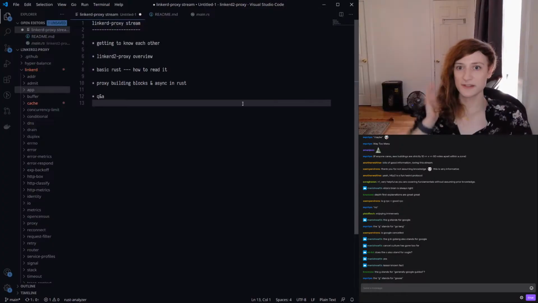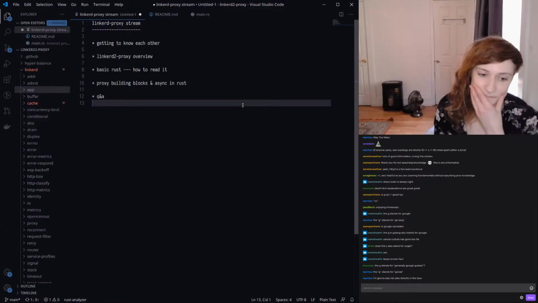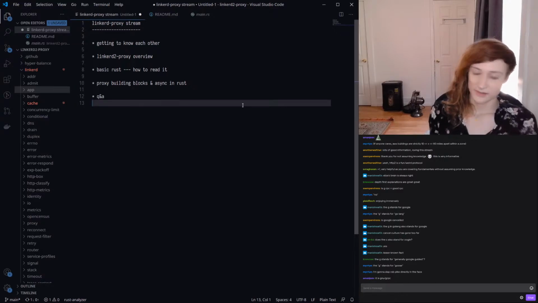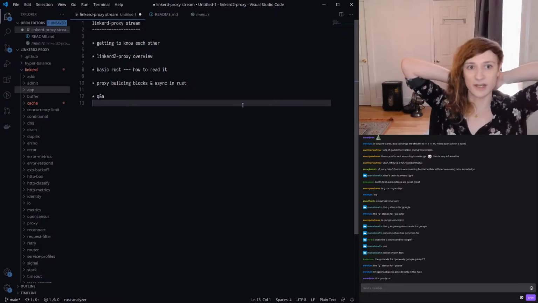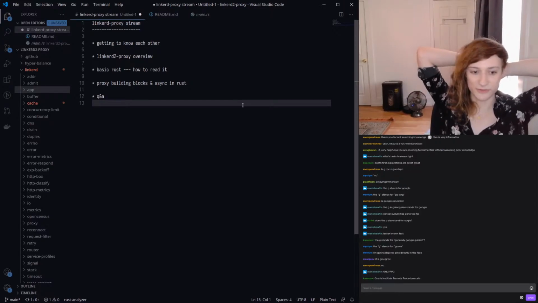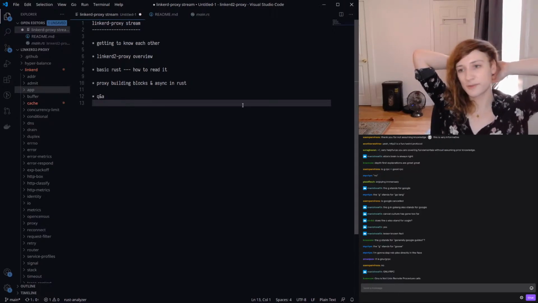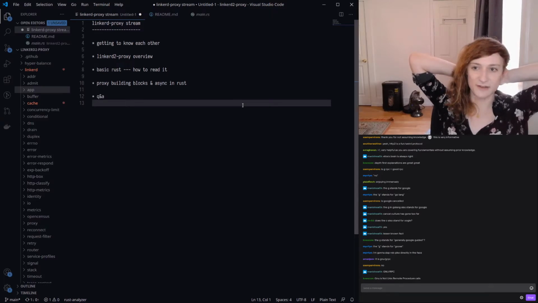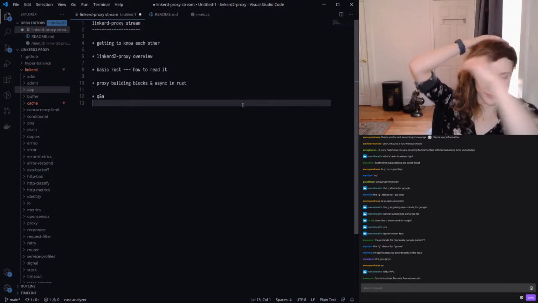So gRPC is this RPC protocol, and you are sending a protobuf so that you have this binary encoding that's structured data, and you're sending these protobuf messages, and the transport layer for that protocol is HTTP2.